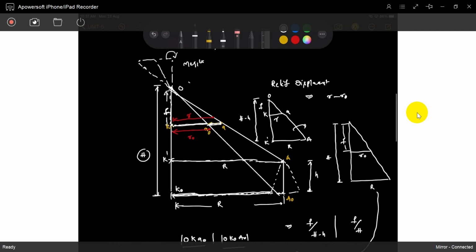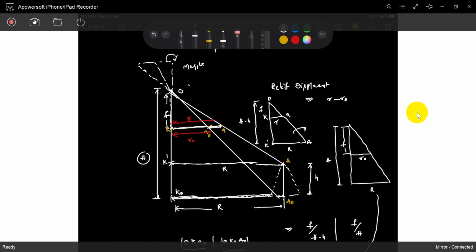So how is it effective? Observe one thing. The object is located at this distance. Otherwise, if the object is somewhere here, at the same height, the r value must be very small. Do you understand? But the height is the same. If something is here like this, I will write it now. Now you can observe how small it is.